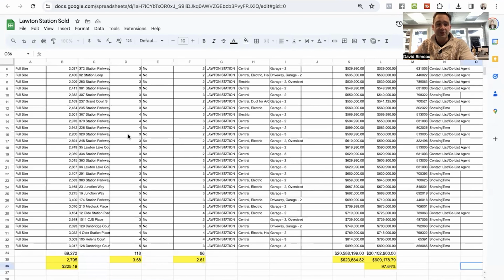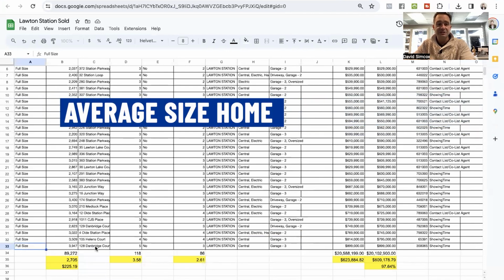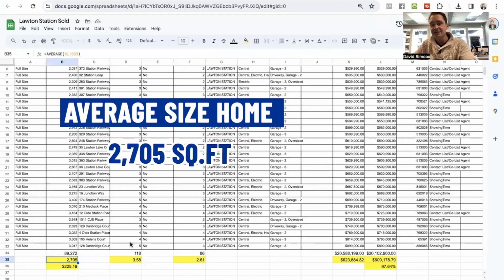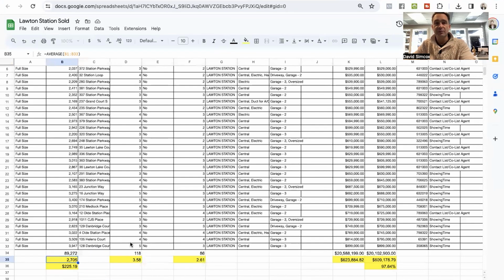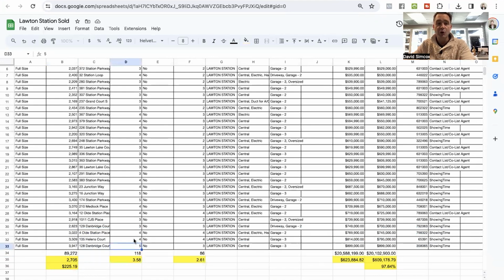So in the past year, it looks like there were 33 sales in Lawton Station. Now, the average size home is 2,705 square feet. So I would say these are larger than the typical neighborhood. I don't want to say it's a family neighborhood, because we're not really supposed to say things like that as a real estate agent. But there is plenty of square footage if you did have a family, or if you had multiple people living in the home, sharing the space. Average 3.58 bedrooms. As you can see in here, there are some 5-bedroom homes, some 4-bedroom homes, some 3-bedroom homes,